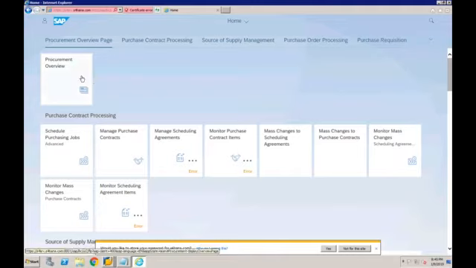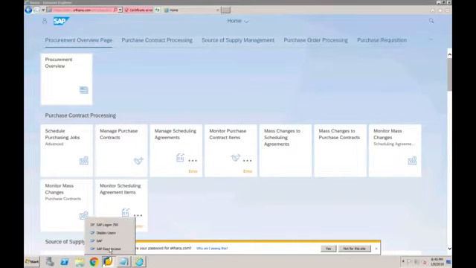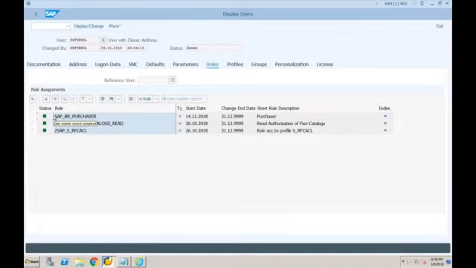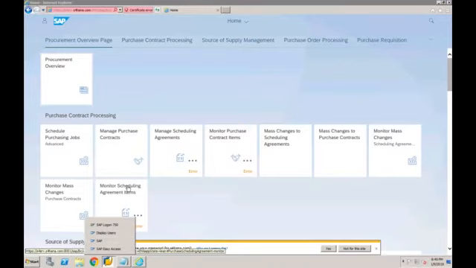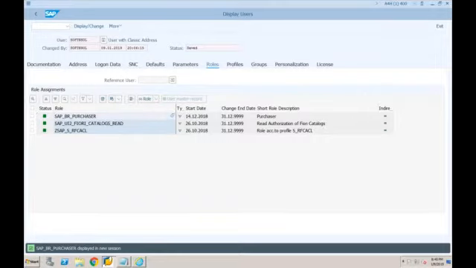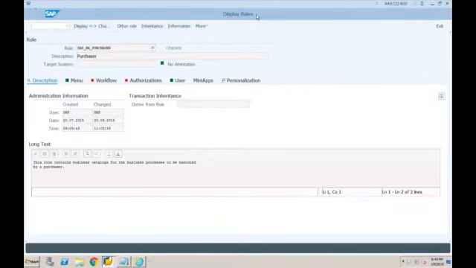So where exactly are all these apps connected to this role? This is a role. I'm just providing the access of this role, and it is allowing me to have access to this many apps. So definitely in the role, there must be the link to all these apps. So let's see how it works. If I double click on this role, it will take me to the role screen. Okay, so this is display roles.